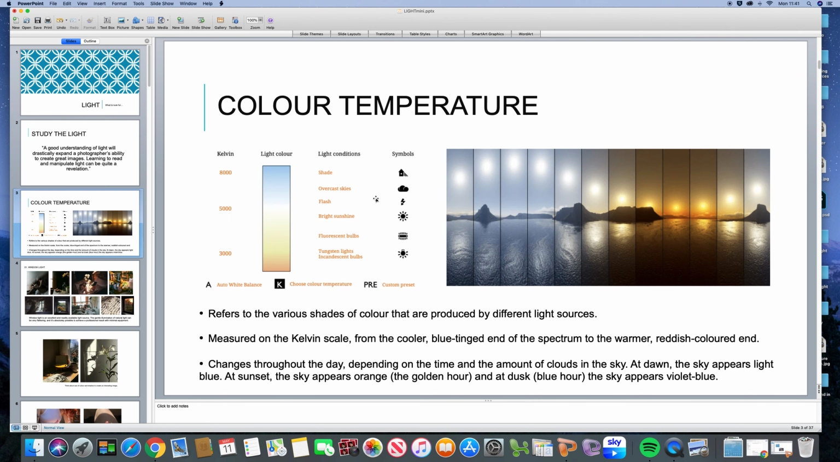The first thing we're going to talk about is colour temperature. It refers to the various shades of colour that are produced by different light sources. You guys will already know a little bit about this from science. It's measured on something called the Kelvin scale, from the cooler blue-tinged end of the spectrum to the warmer reddish-coloured end. Changes also happen throughout the day, depending on the time and the amount of clouds in the